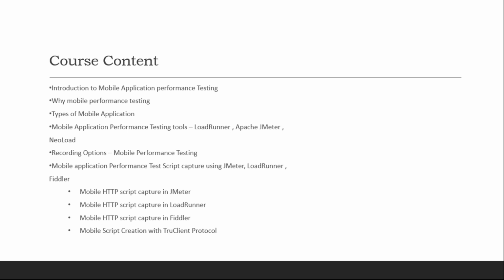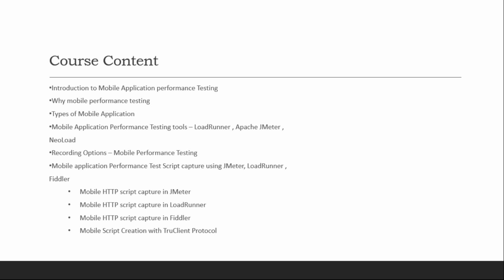These are common procedures. But right now we don't have the Sauce Labs environment, Ravi. We predominantly cover LoadRunner and JMeter, in LoadRunner the TruClient protocol and HTTP recording, and like you are saying, Sauce Labs.